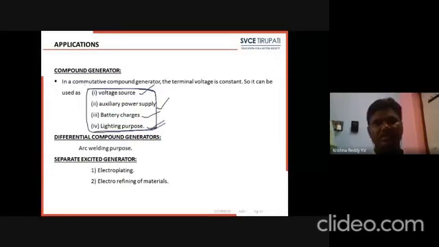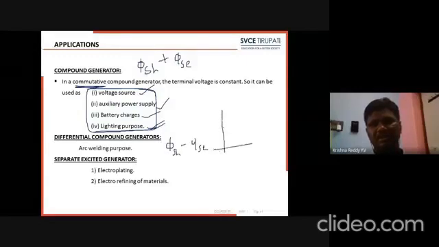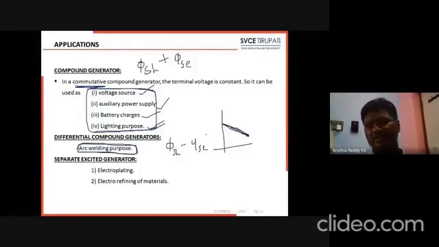This is for the cumulative compound generator, because the series and shunt fluxes are both in adding manner. But in the case of the differential compound generator, it is shunt flux minus series flux. Here, as the load increases, we get only a very small amount of voltage. That's why these are used for arc welding purposes. When the voltage is very low, we are getting